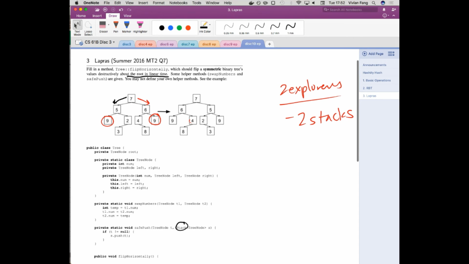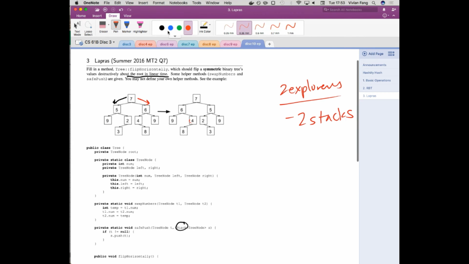So you guys will have a better intuition of this once you learn depth first search and breadth first search and all the fun graph searches you could do. But the intuition here is that we just need 2 things traversing. So we just need 2 pointers, and we need the 2 pointers to go in a very specific order, right? The left pointer has to go in the opposite direction of the right pointer. Make sense? So then let's just draw out what this traversal is going to look like.